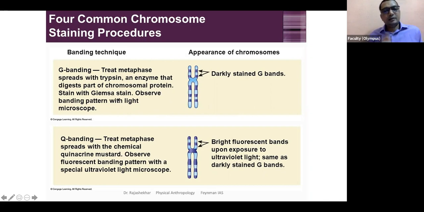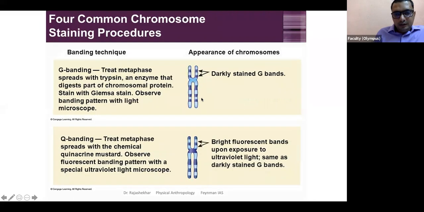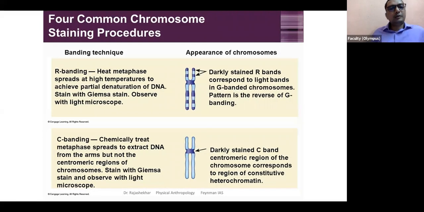For our understanding, it doesn't make any difference here, because for specific purposes this banding is of great use. But I want to introduce a few types of banding to you, which are very commonly discussed in the literature. The next one, a bit simpler, is R banding or reverse banding. This is also Giemsa stained, but there is an opposite scenario with R banding. It is reverse to Giemsa. So those that are stained darker in G banding will look lighter here and vice versa.